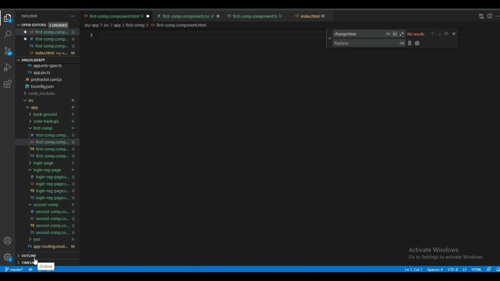So starting from the HTML part, we'll start with a section. I'll give a class bg, just for the padding and all. Inside I will give a class here.